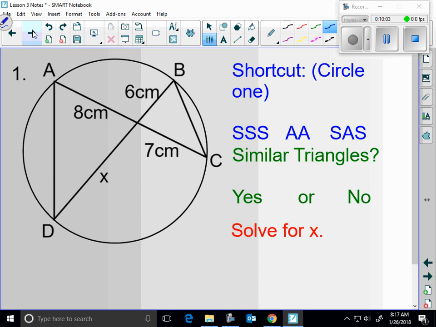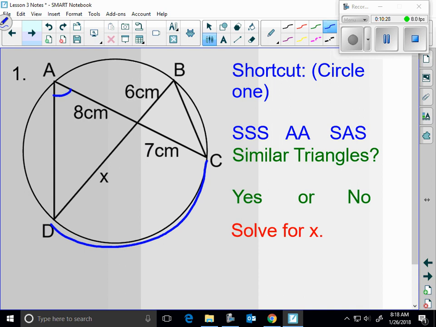Okay, do you guys remember back a little ways inscribed angles? Inscribed angles are always half of what? Yep, the arc that it intercepts, right? So this arc right here would be double this angle right there,